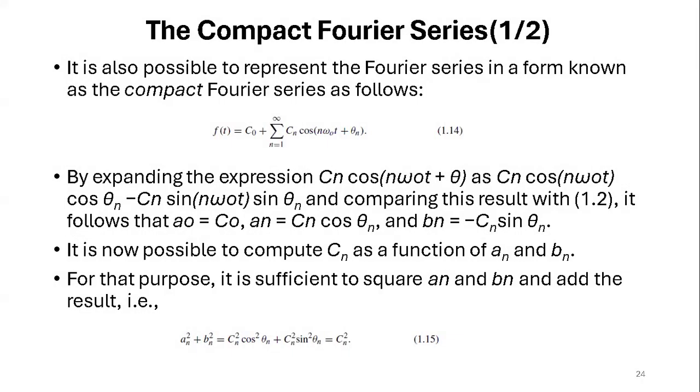Now the compact Fourier series. It is also possible to represent the Fourier series in the form known as the compact Fourier series as follows: f of t equals c naught plus the summation over n of c n cos of n omega t plus theta n. Now, by expressing c n cos of n omega t plus theta as c n cos n omega t cos theta minus c n sin n omega t sin theta, and comparing these results with equation 1.2,